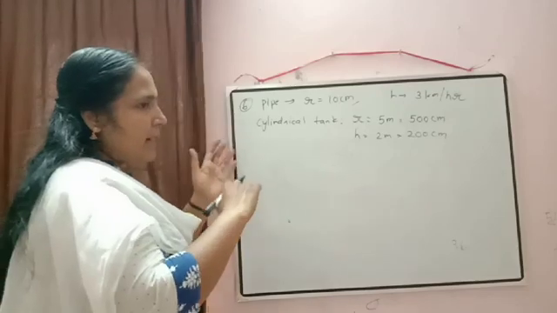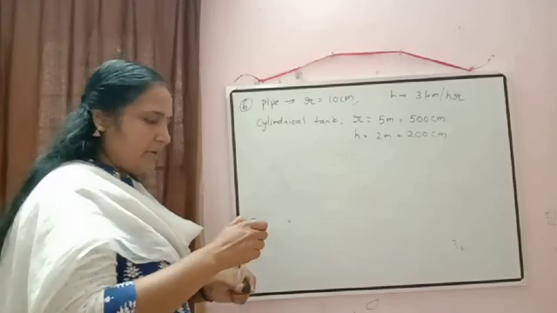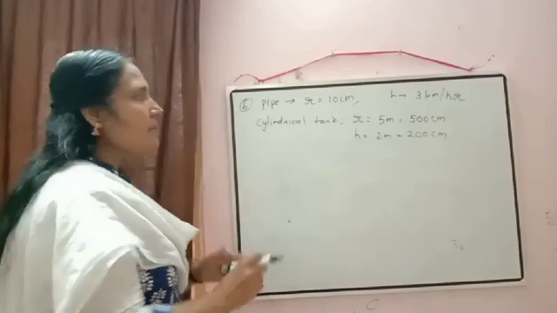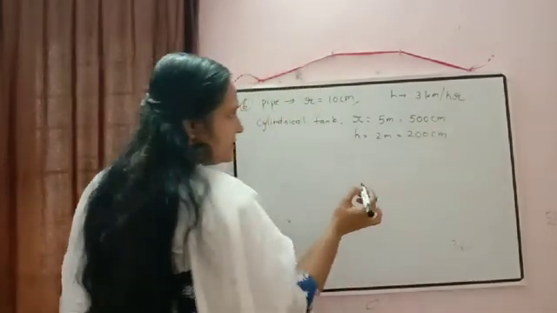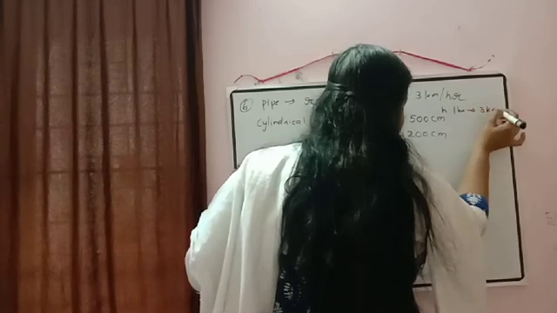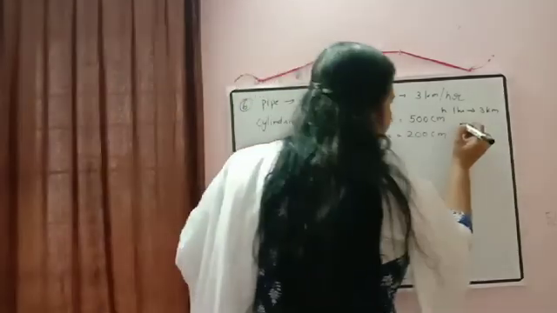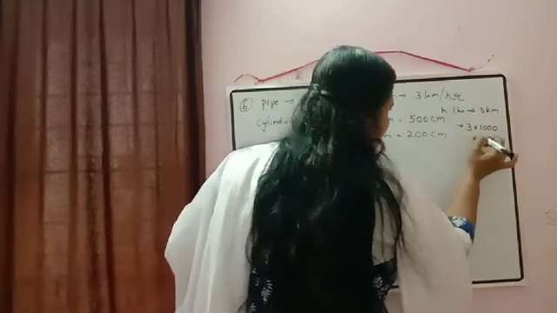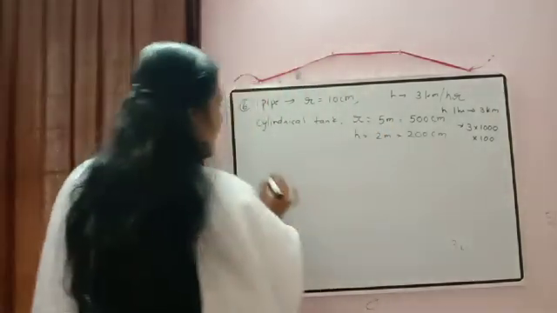So again, from the pipe we are pouring the water into a cylindrical tank. So time taken will be equal to volume of cylindrical tank by volume of pipe. Here this height is 3 km per hour, means distance covered in 1 hour is equal to height in 1 hour is equal to 3 km. And since everything we wrote in centimeter, this one also we can convert into centimeter. 3 km, so first convert into meter, 3 into 1000. Now convert into centimeter, so that will be into 100. Correct?